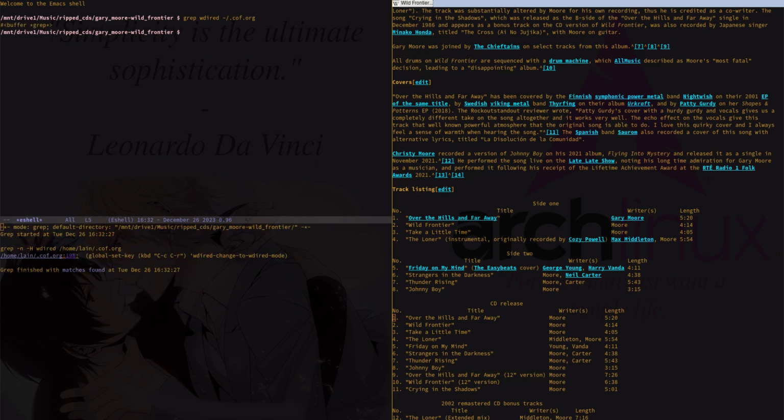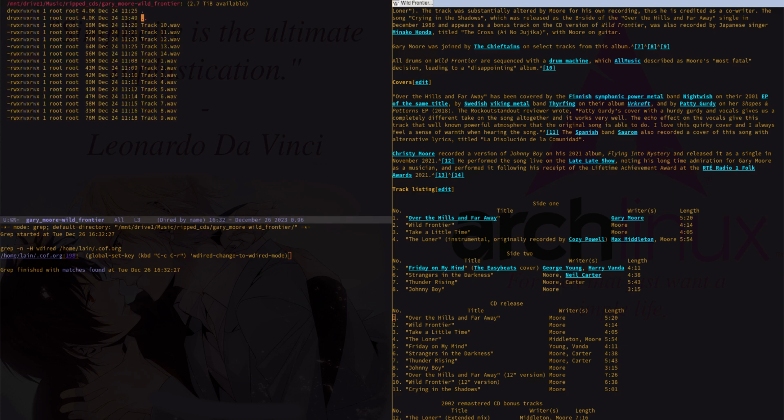As you can see down here, I have this in my config, which sets a key binding to wdired-change-to-wdired-mode. So that way there's just the key binding and I don't have to type that out. So we're gonna do that,